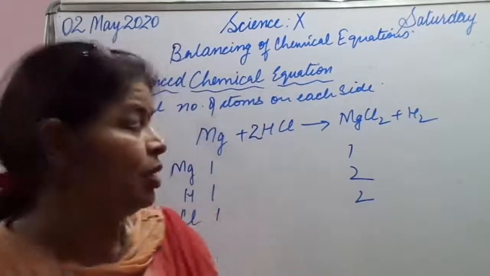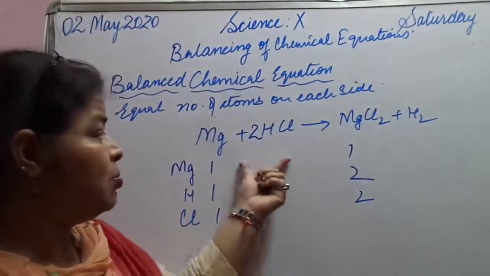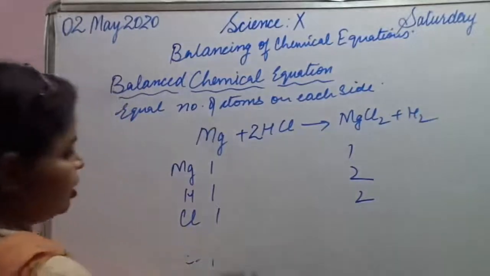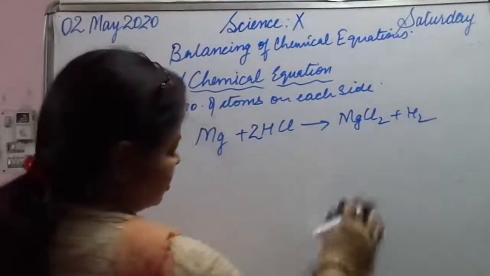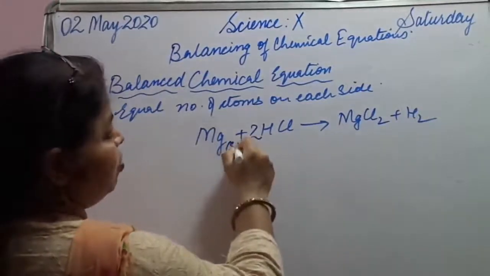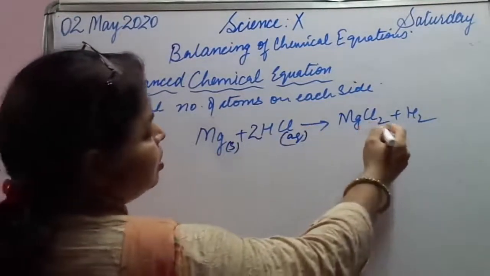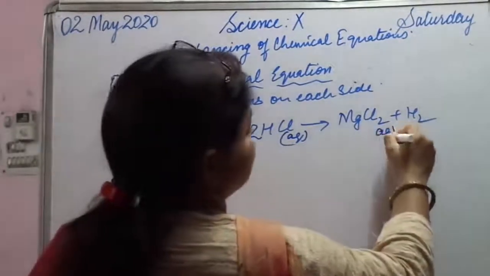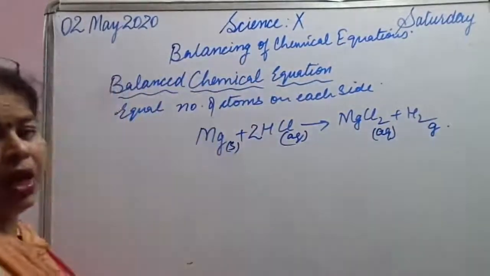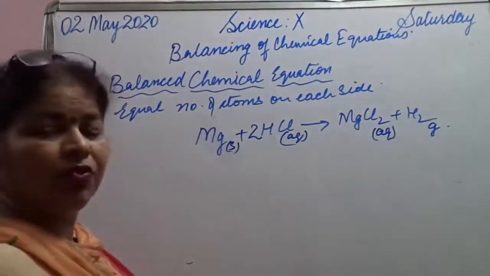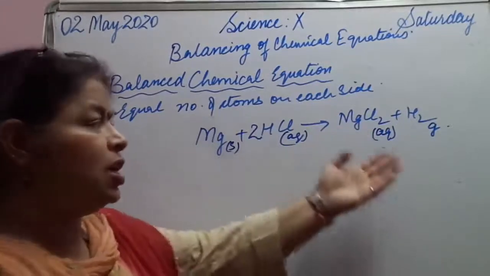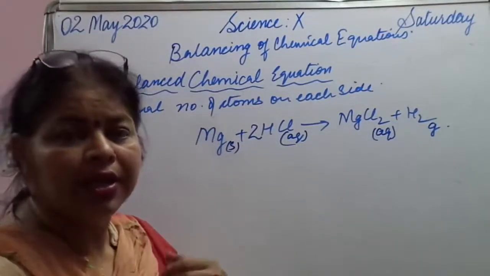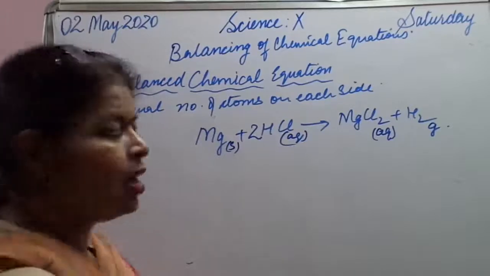Now the next thing that we can do is, this is our simple equation. Now how to make it more informative? We can make it informative by writing some more things, like magnesium. Is it in solid form? This is in aqueous condition. Magnesium chloride, whatever is formed, is aqueous, and hydrogen is gaseous. If our reaction is one in which heat is being evolved, we are going to mention the heat being released. If there is any condition, then we will write the condition on the arrow.